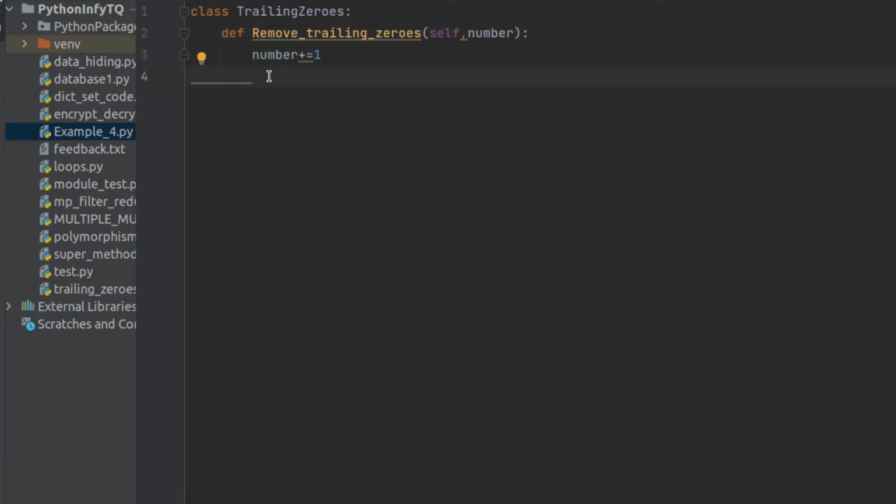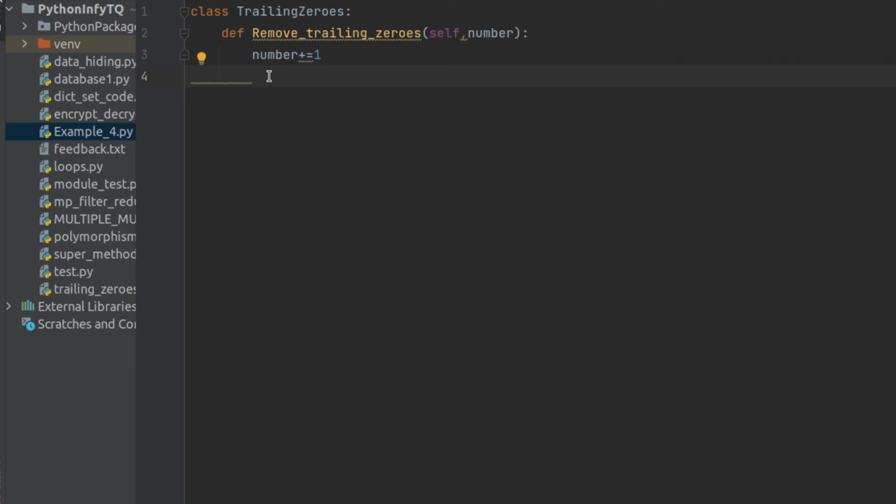Now on this value I have to apply the logic, and I will be able to solve it very easily if the number is in the form of a string. So for that, firstly I will be converting that number to a string value, right?